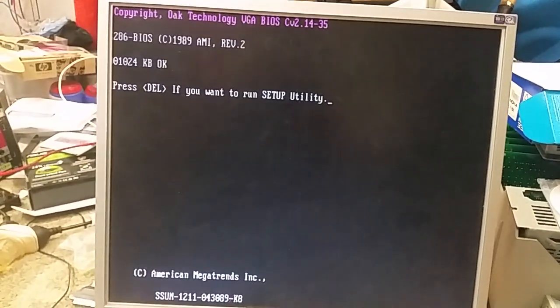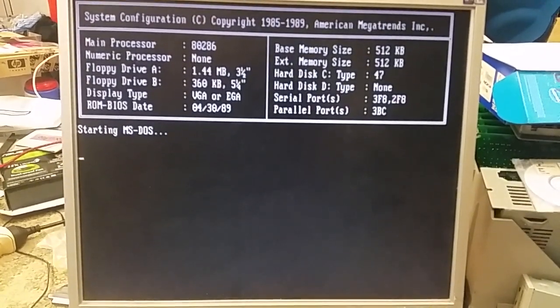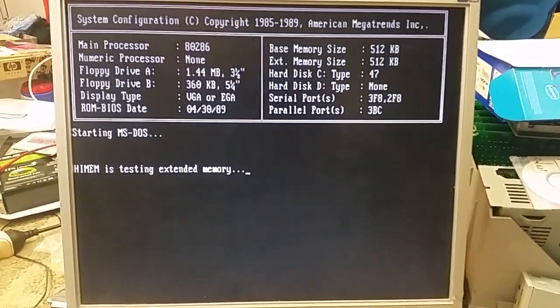Usually first fire up will have CMOS in operational error. There we go. Now it's happy. I think the CMOS chip's dead. But Ed has a replacement, so...